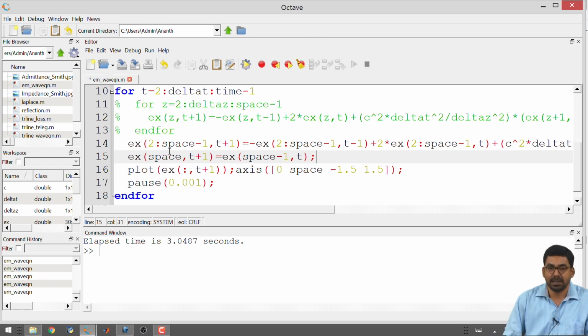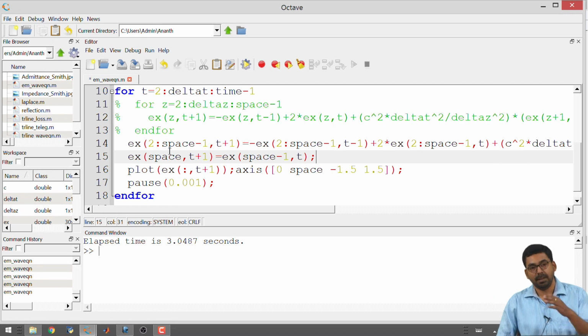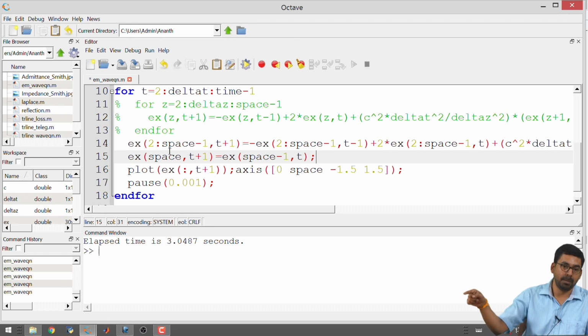Let us just look at what we have written. Ex at space comma t plus 1 is Ex at space minus 1 comma t. So, what it means is the new value of the electric field at the right edge is equal to the old value of Ex at the previous spatial location. What this means is if your wave is traveling, it is going to travel one spatial grid point in one unit of time.